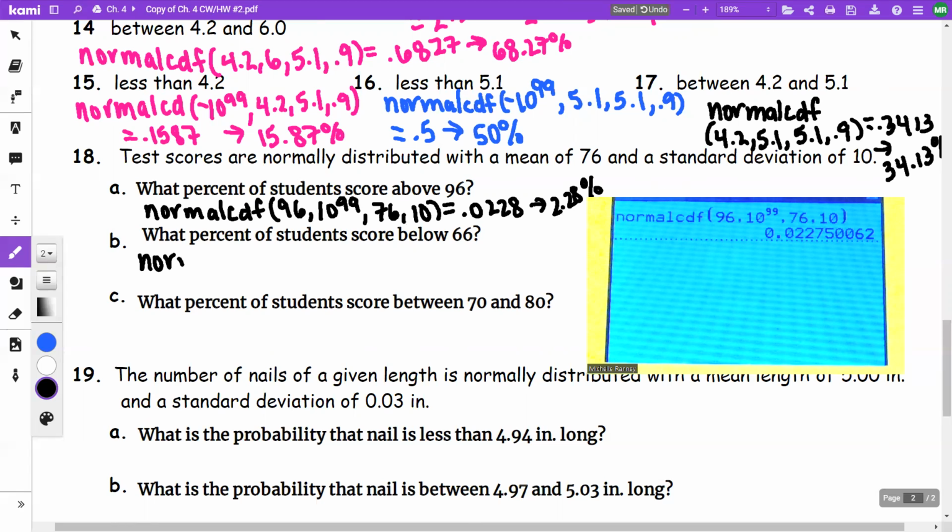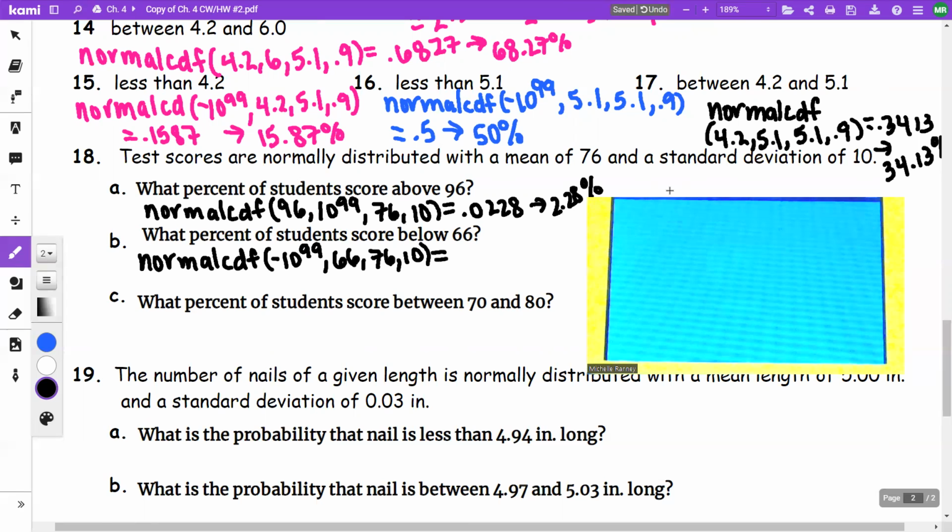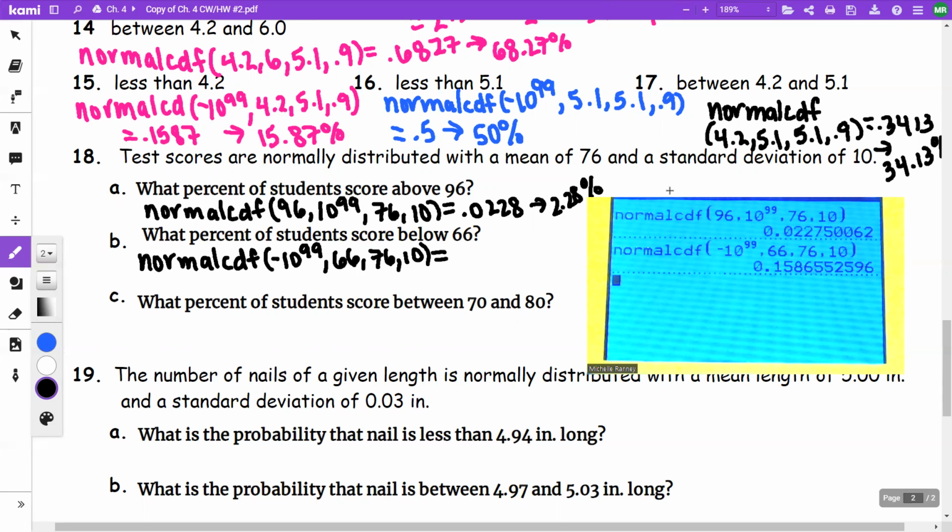What percent of students score below a 66? So this is going to be normal CDF. Negative infinity, which is negative 10 to the 99, 66, 76, 10. And so when I put that in, negative 10 to the 99, 66, I end up with 0.1587, so